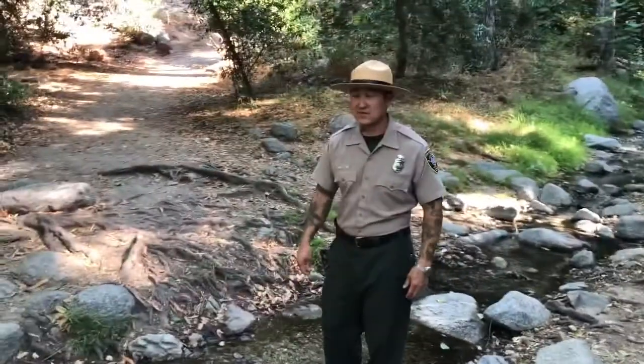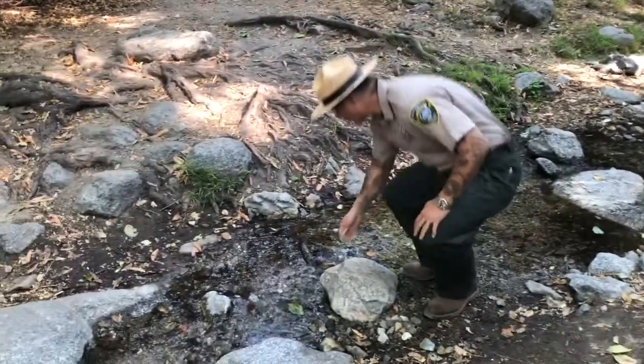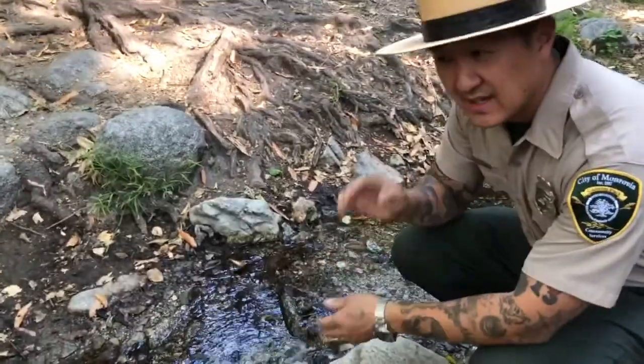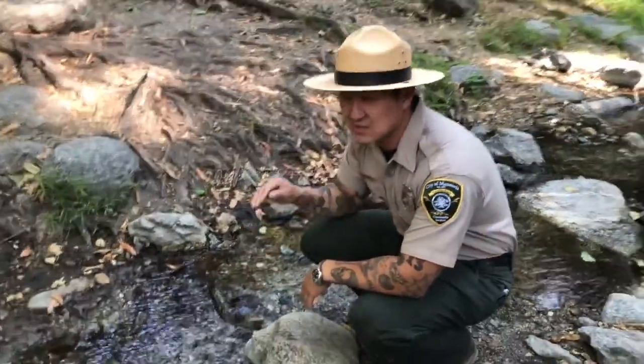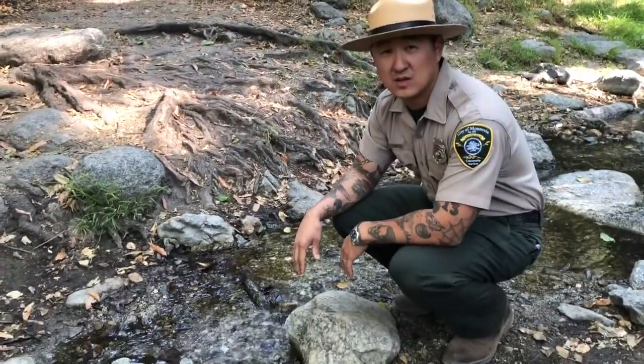Alright, so coming from our first water crossing, you can see that our water is above ground. It's fed from a natural spring. And as you go along Canyon Park's waterfall trail, you will notice that the water does go underground at some points. But for the most part, we do have a lot of above ground water, which helps support a lot